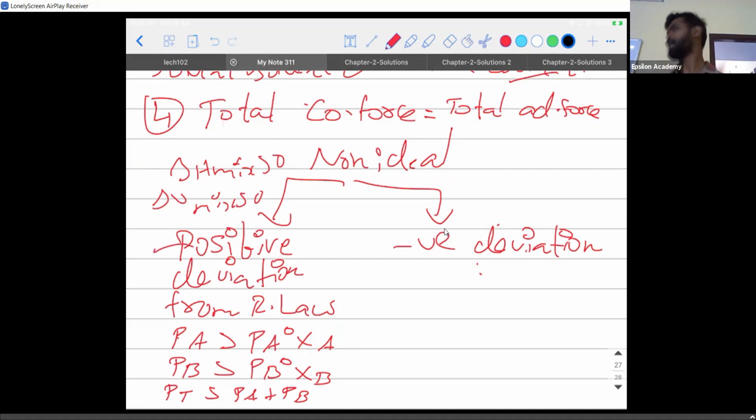Now these are all mathematical aspects of it. Let us try to understand logically what is happening. For it to show positive deviation, the vapor pressure is more than what I expect. That's what the equation says. I expect some partial vapor pressure for A, but what I see in reality is more than what I expect. How will I be able to give a logical explanation to this? It's very simple.